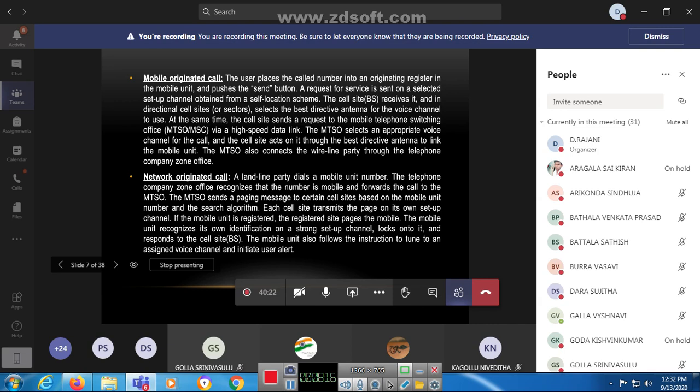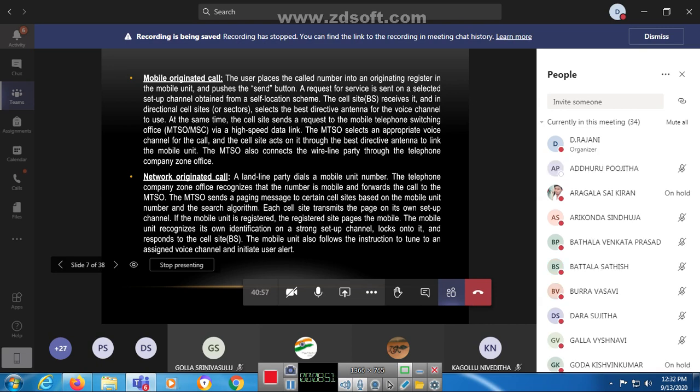Next, the network originated call. How you recognize this, we can take in the same way, where we are using a larger number of mobiles. Previously we took only one mobile. Network means that in that network there are different types of cells. At that time, in the same cluster, different types of networks are there. How can we recognize them, and how can we transmit the signals? For that, we can take the same figure here.